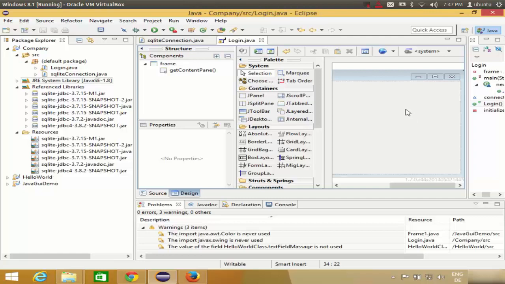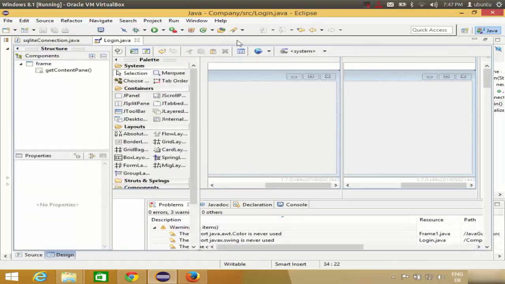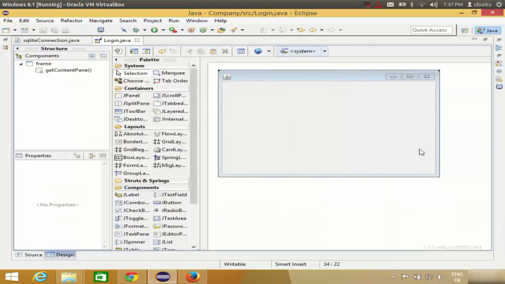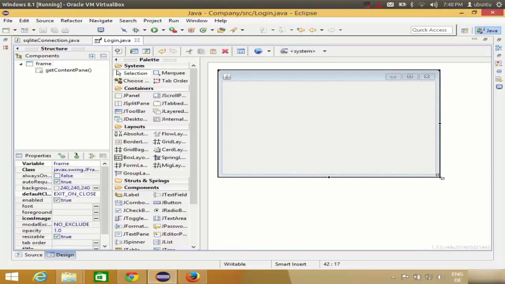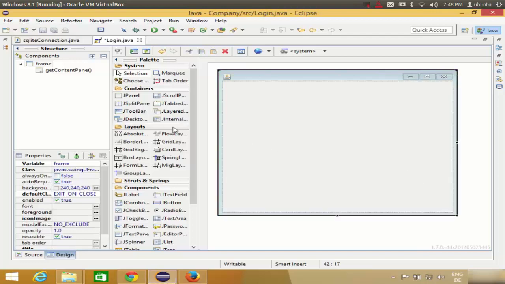So let's get started. First of all, I will just make this window a little bit bigger by double clicking this login.java, and we have some space to work with now, right? So what I'm going to do is I will just resize this a little, and I'm going to take this absolute layout and place it on this login panel,